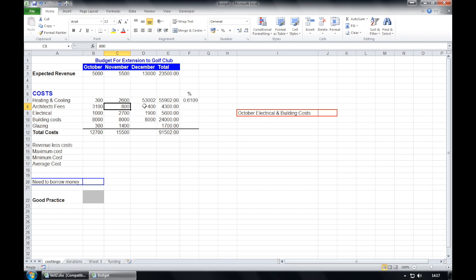For question 8 we need to select A3, which is where expected revenue is worded, and we also then need to select cells A3 to E3. So holding the mouse down, selecting A3 to E3. If we now hold down the control key, we can then hover over B7, and whilst holding the mouse down and the control button we can go all the way down to E11.